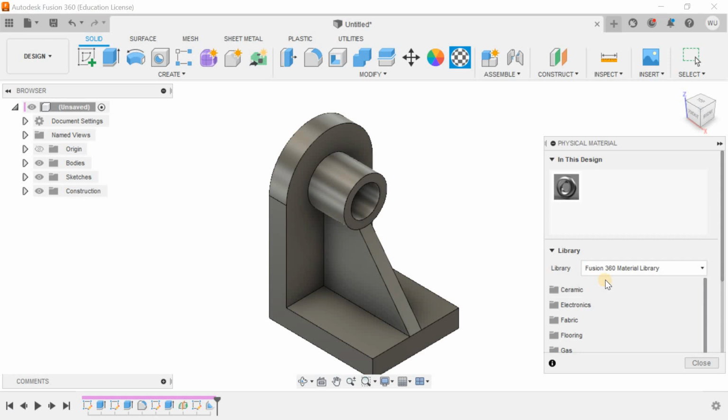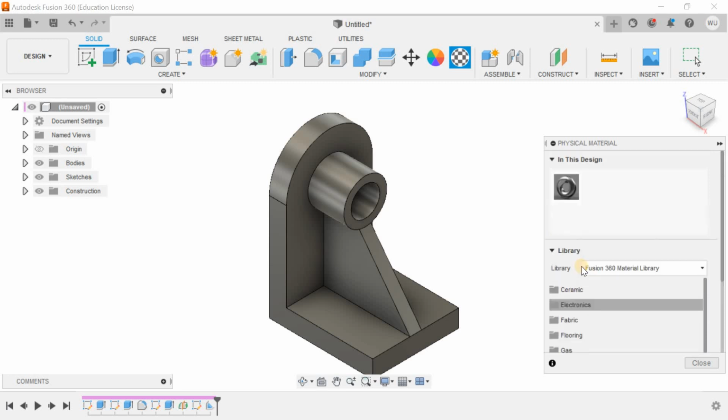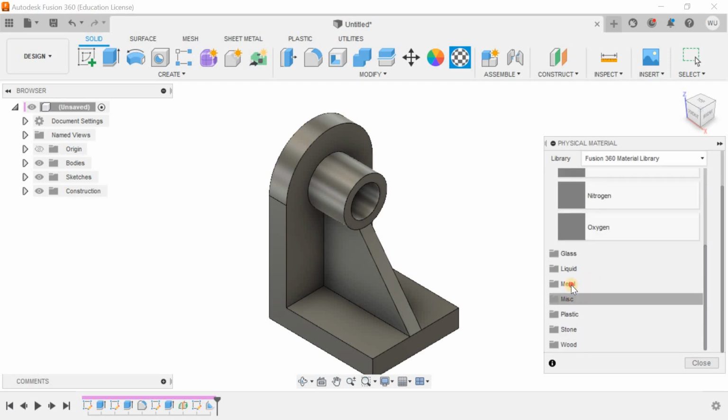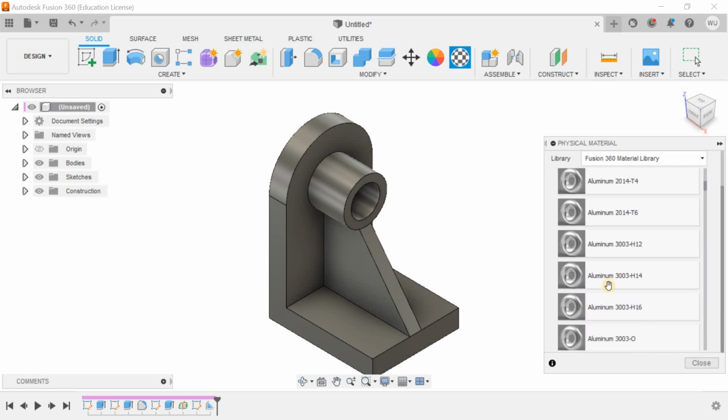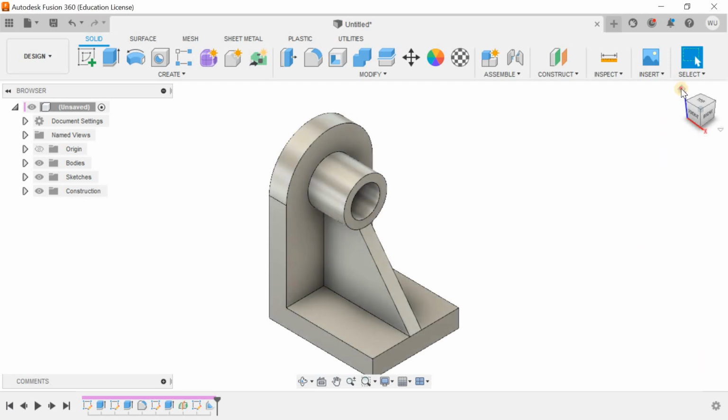and now go for the glass or go for the metals and drag this material. Okay, see, so hope you enjoyed the tutorial